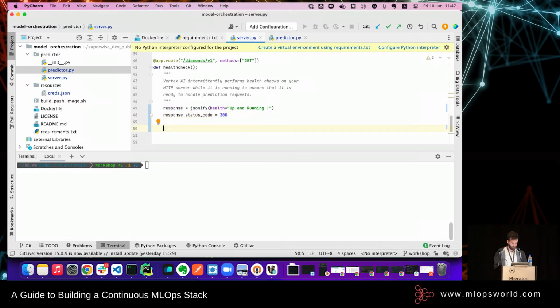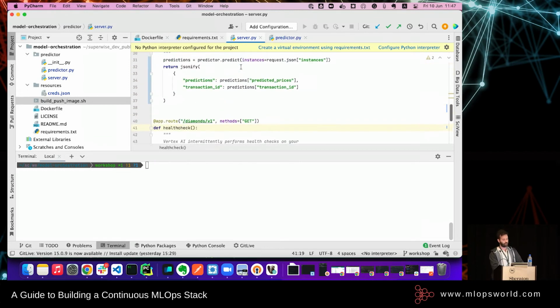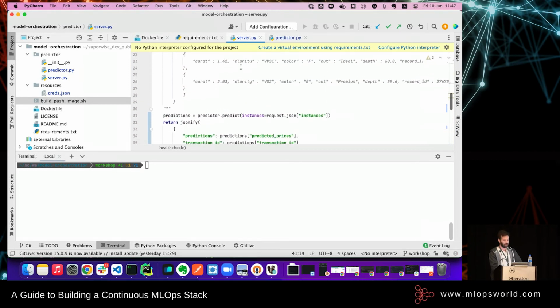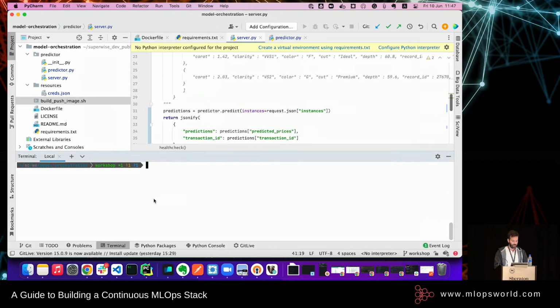I'm hoping you are not falling asleep. Okay, and that's it. So now we have health check in place, and we have the predict endpoint in place.